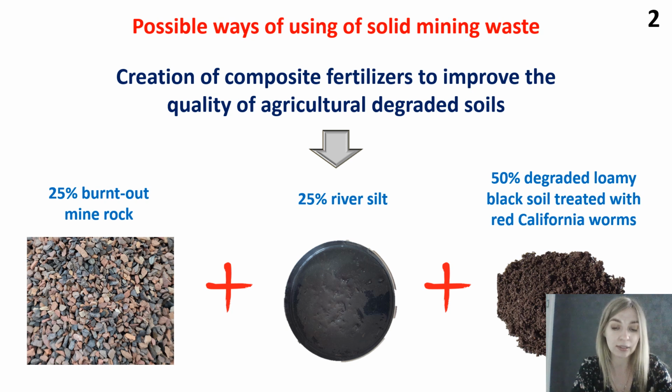To do this, the rock is mixed with an organic component, which can be municipal sewage sludge or water body silt. Studies have shown that the addition of coal industry waste and its mixtures with municipal sewage sludge and rock wool waste improves soil pH and its occlusion properties. Laboratory studies have confirmed that the creation of a nutrition mixture based on 25% burnout mine rock, 25% river silt, and 50% degraded loamy black soil treated with red California worms allows for 100% germination of plants,